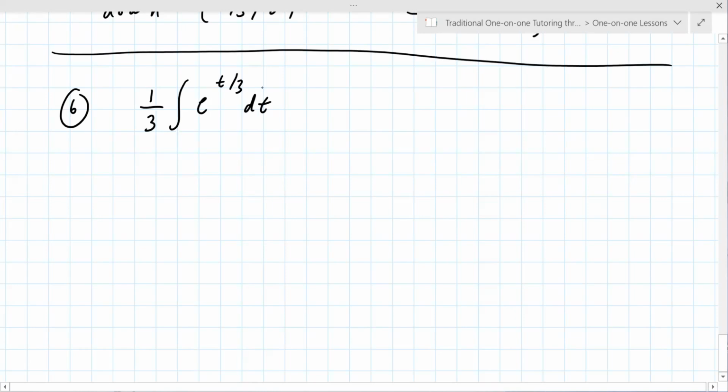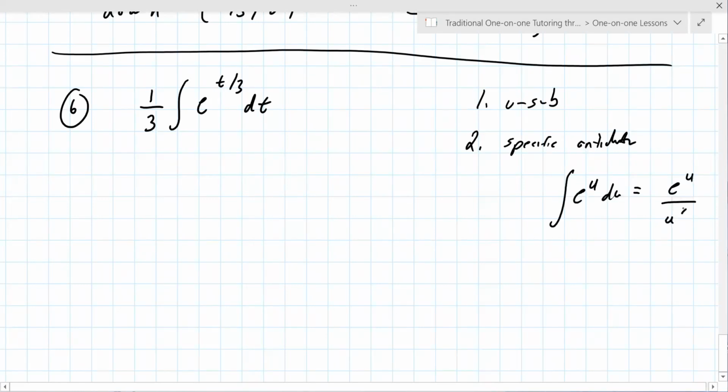So a couple ways to do this. The first way is to use a u substitution. The second is to use a specific antiderivative I showed you yesterday, I think. Yes. The integral of e to the u du is e to the u over u prime. Okay, so then that would be, but that only applies to this part. The 1/3 comes along with it. So it would be